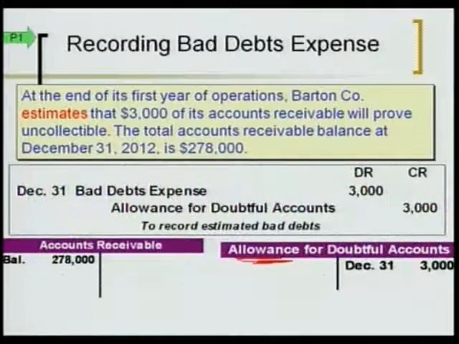Now, do you know why we use an allowance account? Why do we use an allowance account? We talked about the need to estimate bad debt expense to satisfy the matching principle. Well, why could you not just estimate bad debt expense and debit bad debt expense, but credit accounts receivable? Why could you not do that? Well, they could pay. I guess you're giving yourself wiggle room. But here's the real reason you cannot do that, and it's going to harken back to